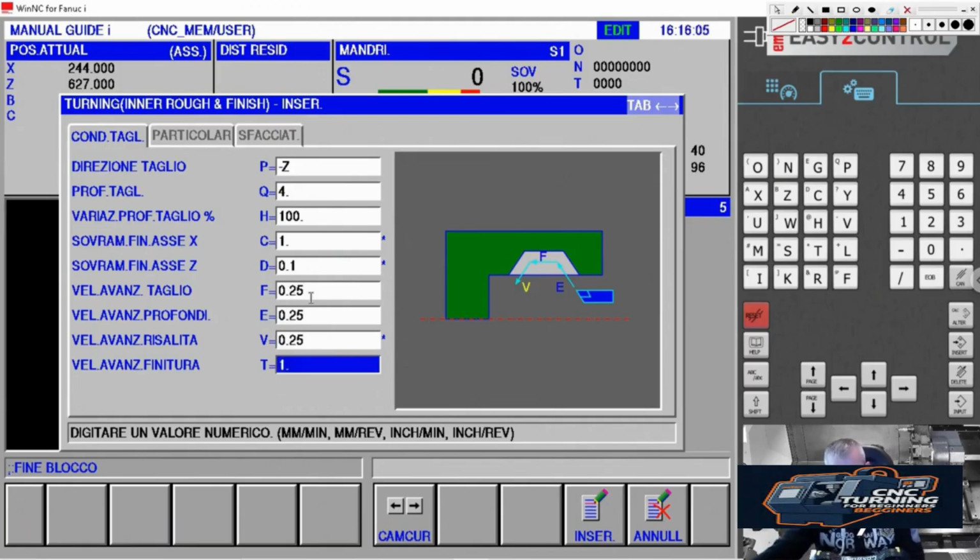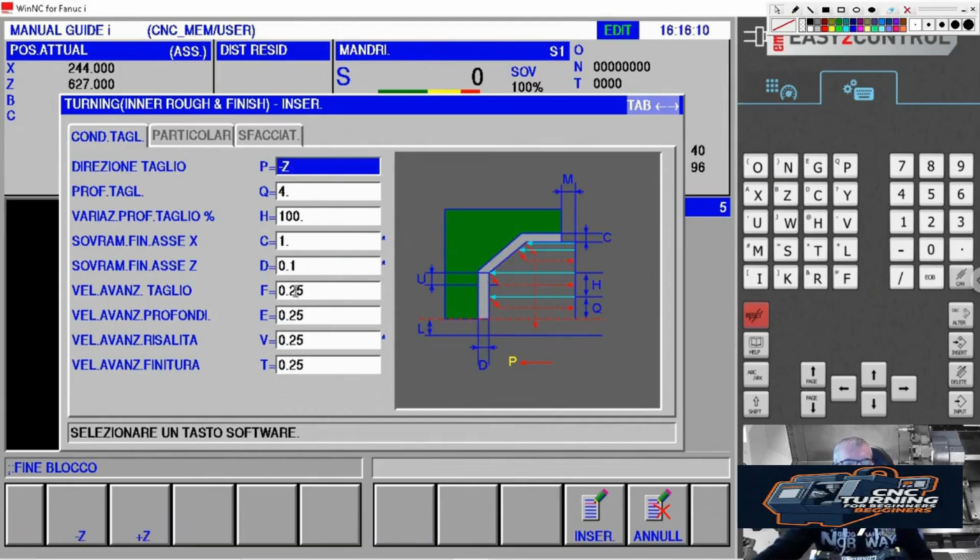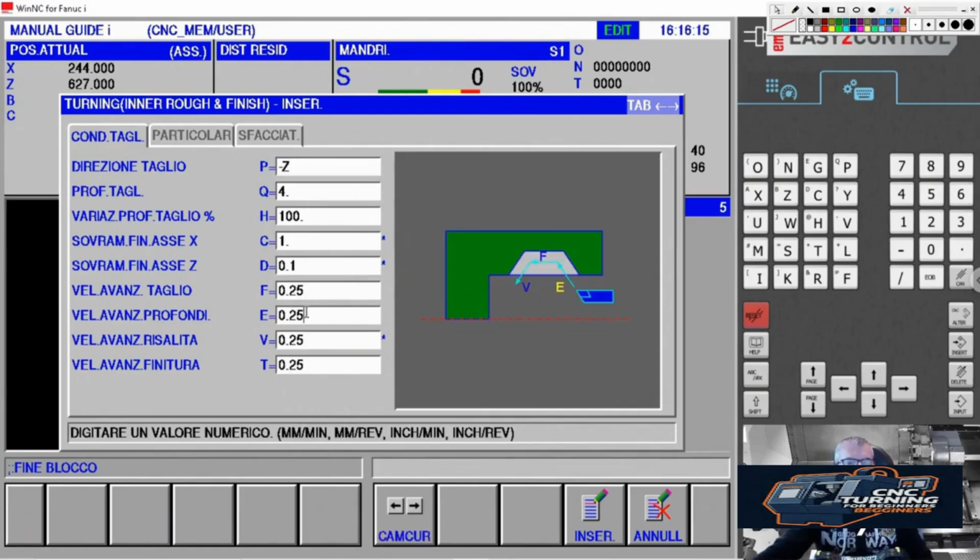0.25. For those who weren't paying attention, I remind you that this is the cutting feed rate for roughing, this is for finishing, this is to potentially go down into a pocket, and this is to exit the pocket. So generally this will be lower and this will be higher. We actually say here that we have a pocket because I need to go up. So let's say that when I go up, I go to 0.2 because I engage the insert a bit more. And when I exit,